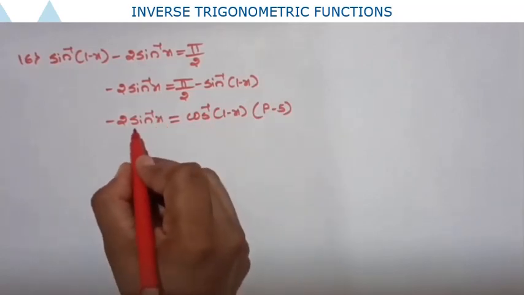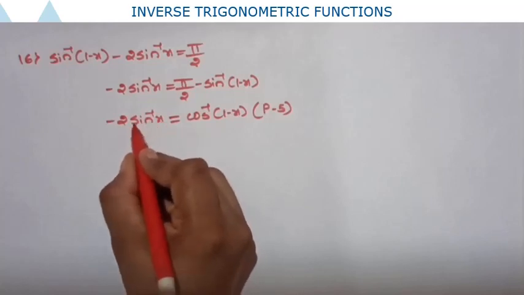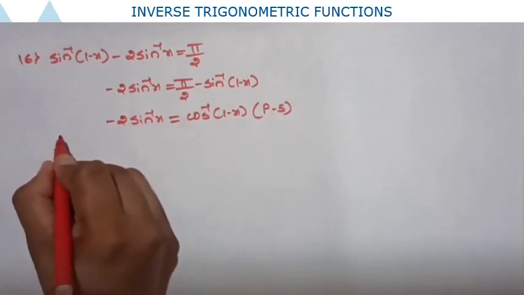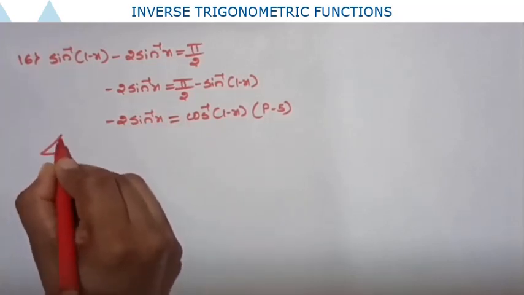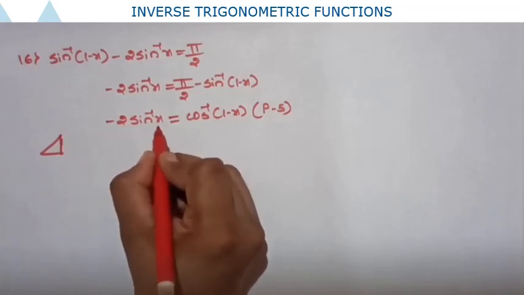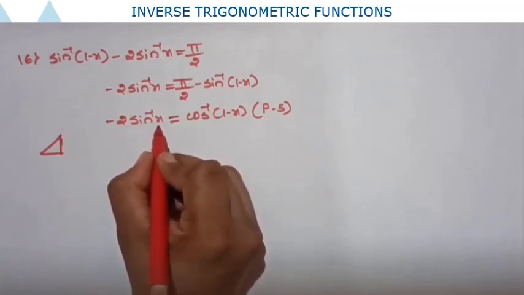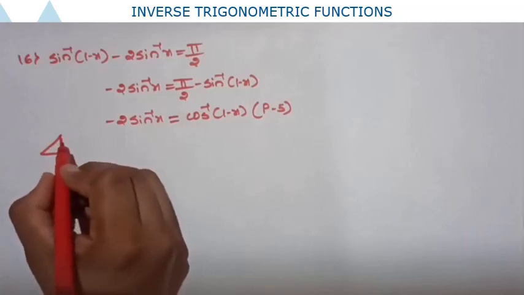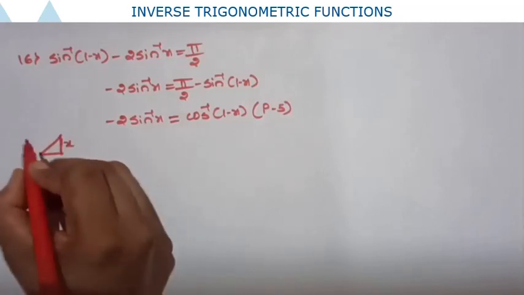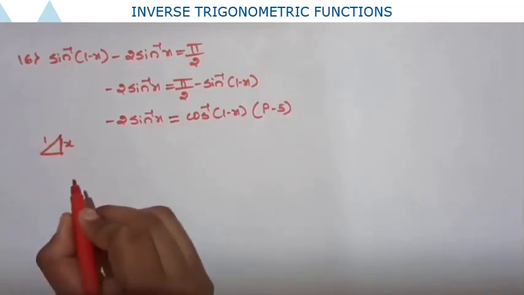Okay, so I am converting this sin inverse x to cos inverse again. How to convert this? Consider a right angle triangle, with sin inverse of x divided by nothing, meaning 1. Sin inverse is defined as opposite side divided by hypotenuse, so the opposite side is x and the hypotenuse is 1 here.